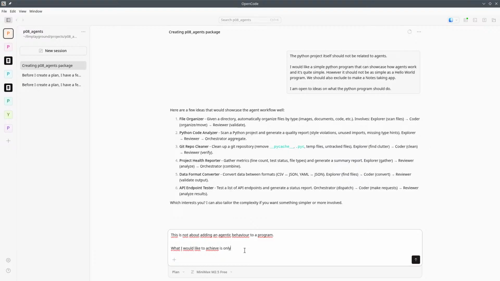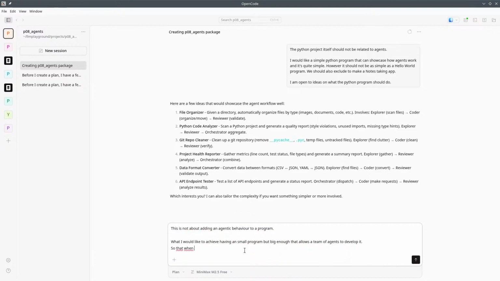What I'd like to achieve is having a small program, but not as small as a toy program, big enough that it allows a team of agents to develop it, so that when I ask OpenCode to implement a new feature or to fix a bug, it always triggers the orchestrator for breaking the task